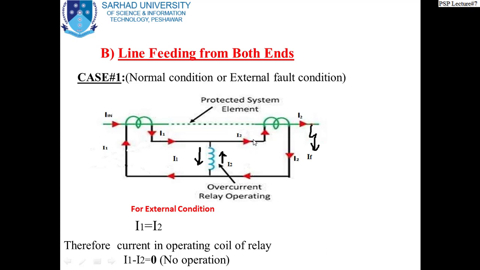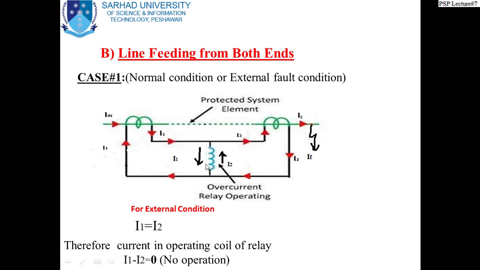The same current is passing, because there is no internal fault, so naturally IN will be equal to I out, or I1 will be equal to I2. So the current output of the second CT on the other end of the element is I2. So this is your I2. And when these currents are flowing in the operating coil of the relay, it is shown with these particular arrows. This is your I1, this is your I1, and this is your I2.